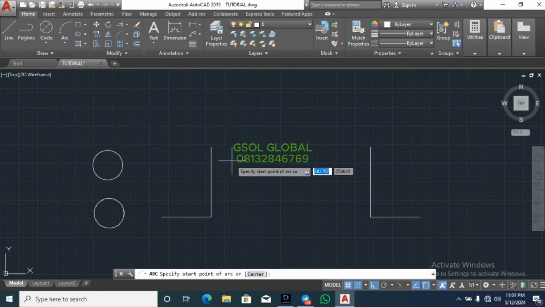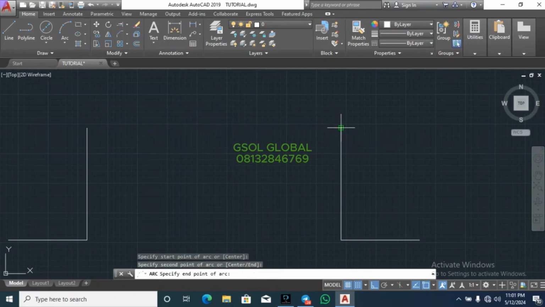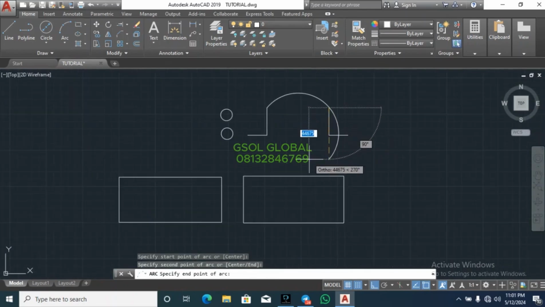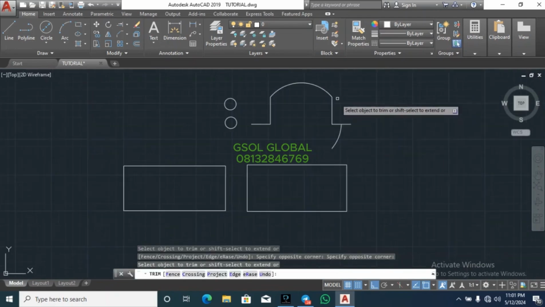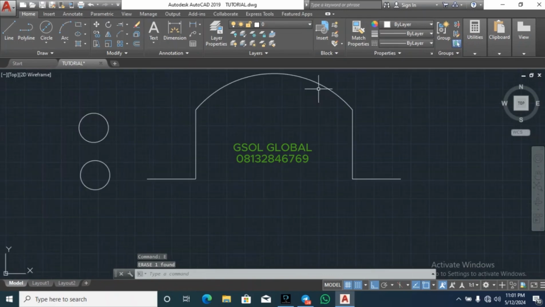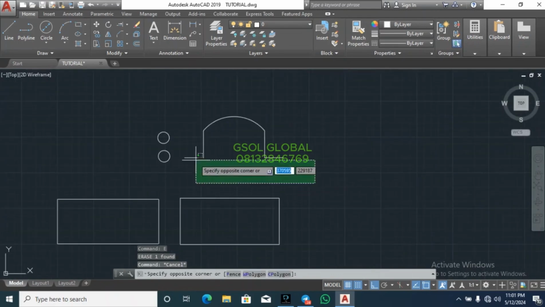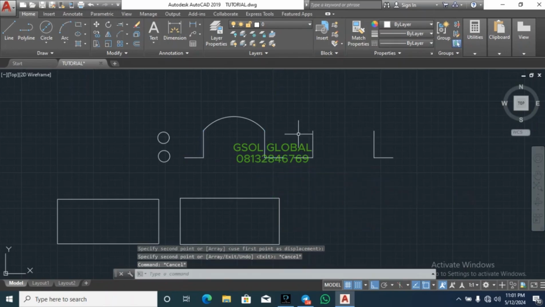So for the 3 points, let's go. Select just 3 points and draw your arc. This is the first point to the second point, and then you drag. So that is also a 3 point arc. To explain the other one, I'm just going to copy this, move to this point, and then let's